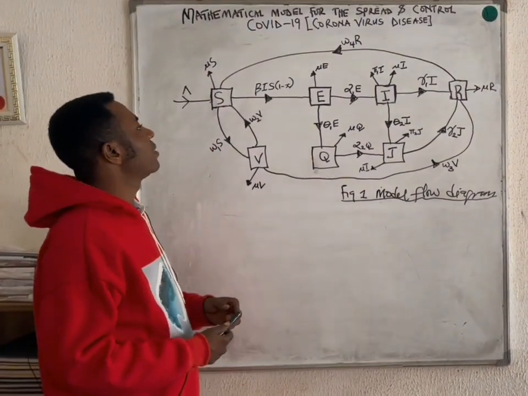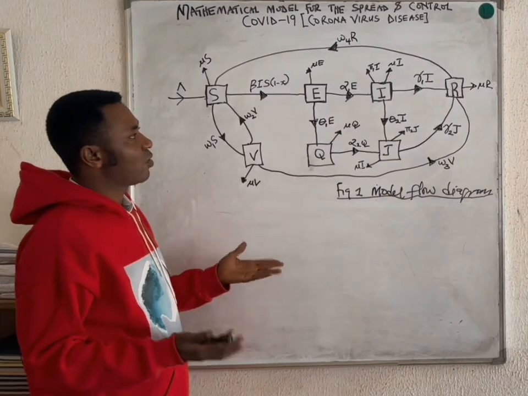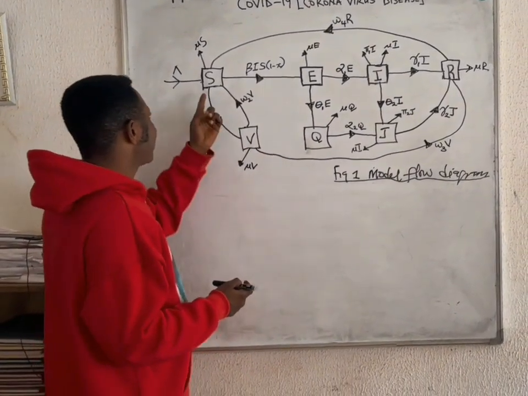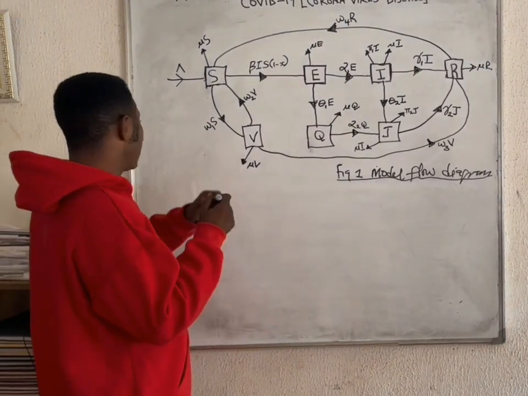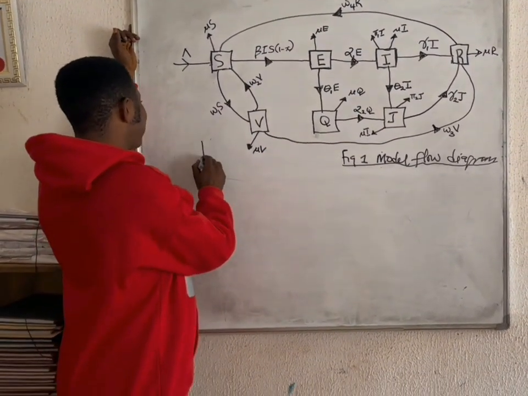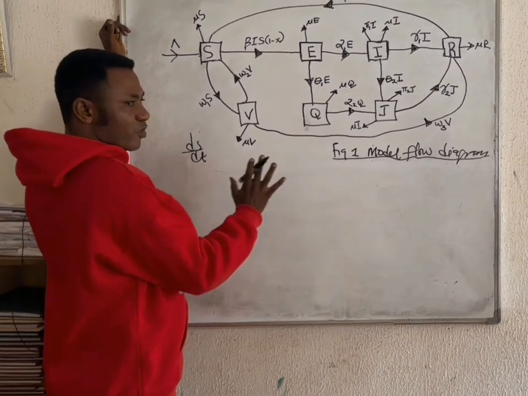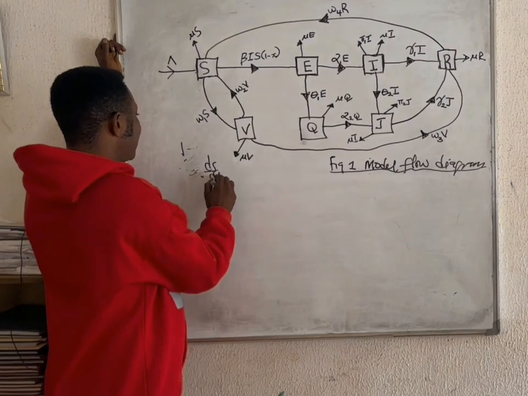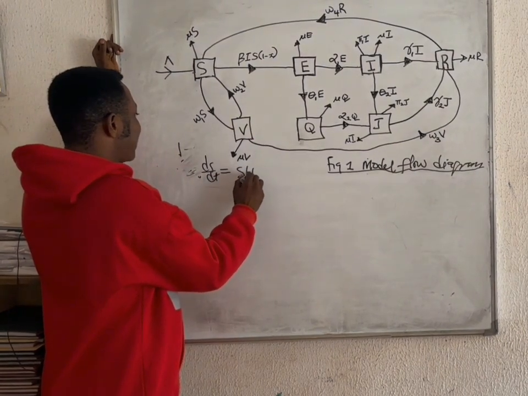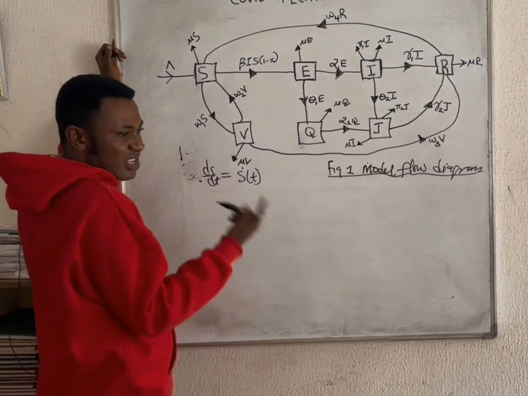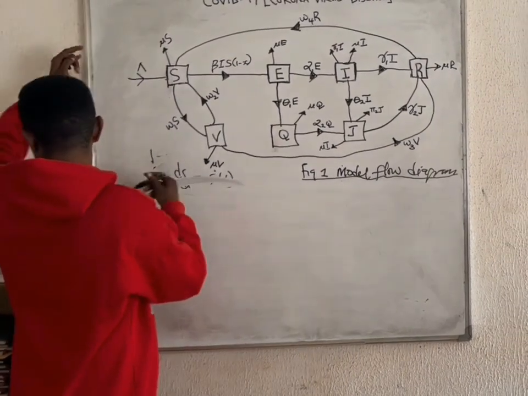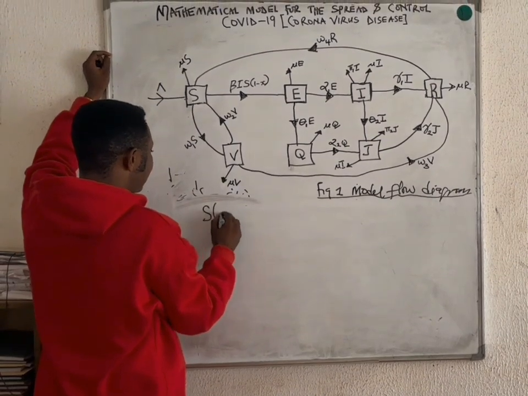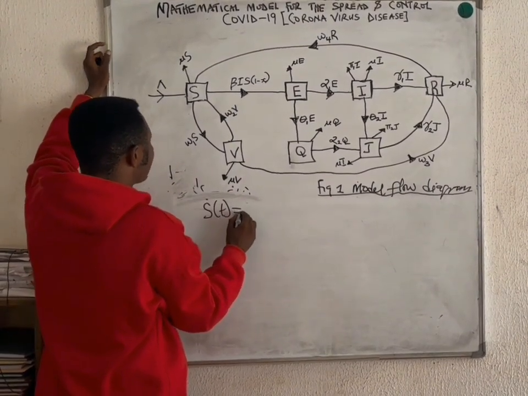What is left now is to write out the equations that correspond to the flow diagram on the board. The first thing to do is to write that of the susceptible class. Ordinarily, we would write S of t, but because of space, let's take it to be S of T like this, then we put a dot. So I will now write X of T dot is equal to,